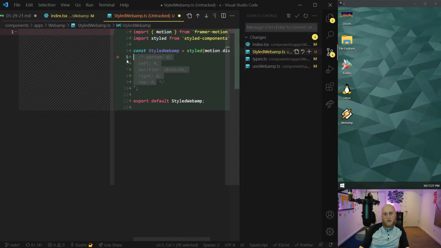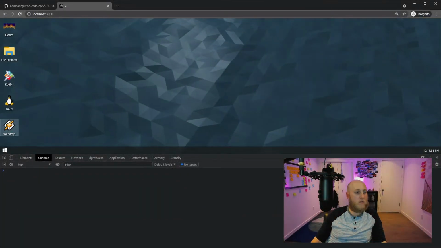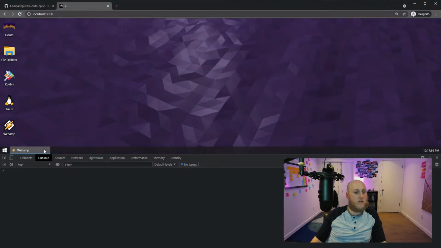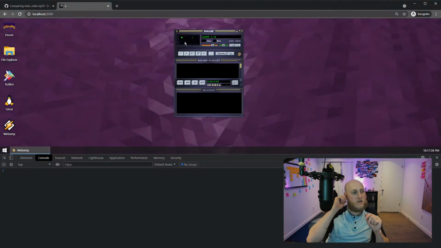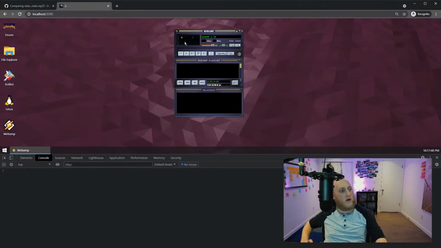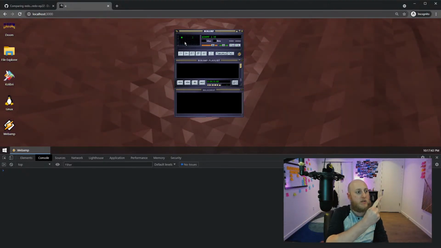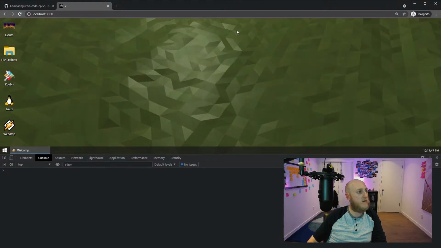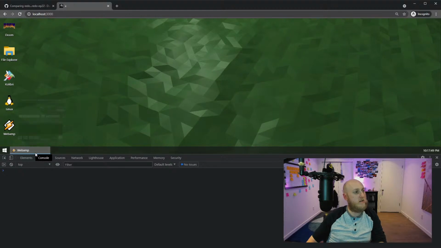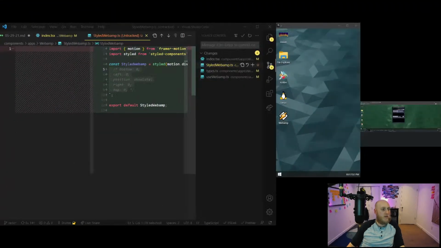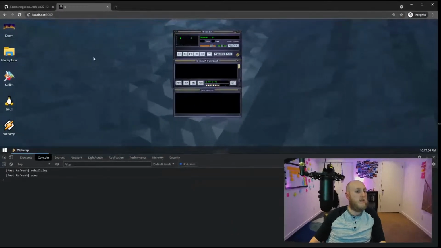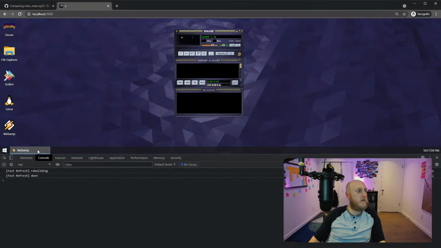So watch, if I comment out this and I don't have any styling, and then I go into this here, watch when I try to minimize it, it does something weird. Yeah, you see? I think what happens is it considers the initial position to be somewhere way at the bottom, and then the animation goes up to the taskbar. Because if you see here, you'll see a little, whoa, very wonky. And after a lot of trial and error and just thinking about it, I decided to lock the container in place, and that fixes it.